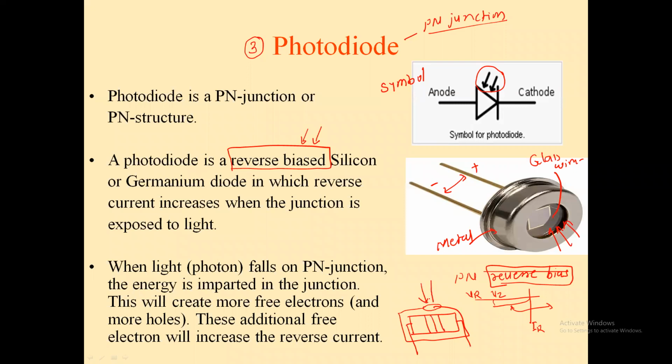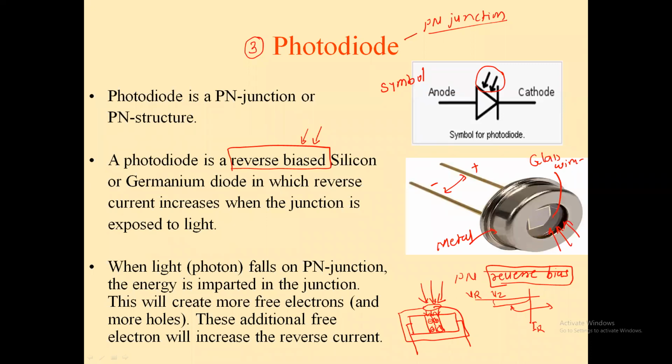When the light is falling on that glass window, this light energy, photon energy, is absorbed in the junction, in the depletion layer. And what is present in the depletion layer? Uncompensated ions, and covalent bonds are present. Is it right? Only covalent bonds are present. And when the light energy is absorbed in the depletion region, due to that energy the covalent bonds start to break. And when they break, charge carriers start to be generated, and hence current can flow through the reverse biased photodiode.